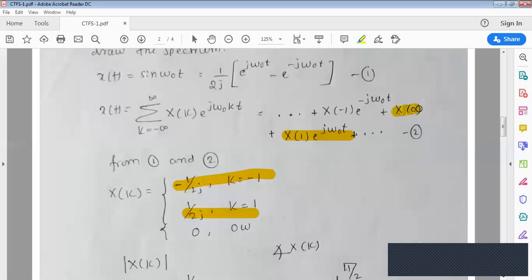See here. What is x of 0 in this equation? 0. Therefore, the average value of the sinusoidal signal is 0. Agree or disagree? The average value of a sinusoidal signal is 0. That is, the integral between 0 to T of sine of omega t will become 0. If you add all the values, because sine is equal on the positive side and equal on the negative side, if you add all the values of a sinusoidal signal, it will simply become 0. That's what the equation is saying to you. This proves that the average value of the sinusoidal signal is 0. Agree?